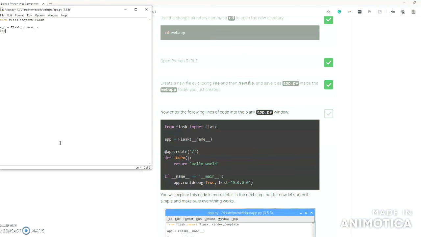Name. And then we need to make just the home page, def index, and then we'll return